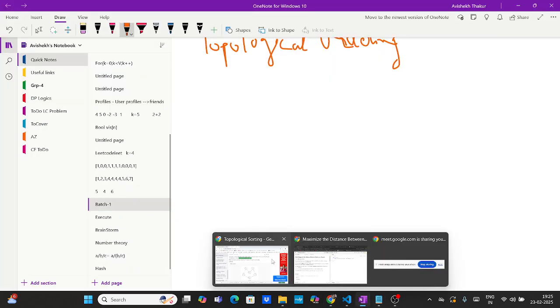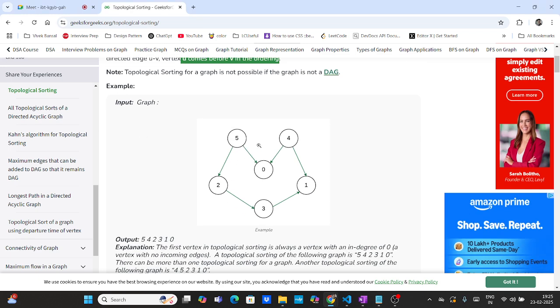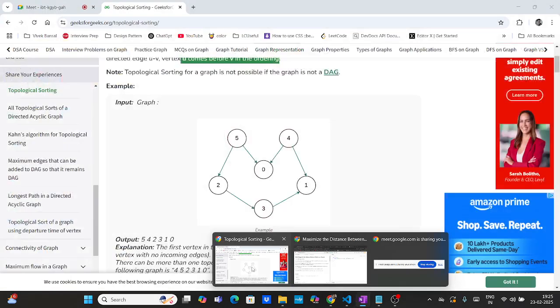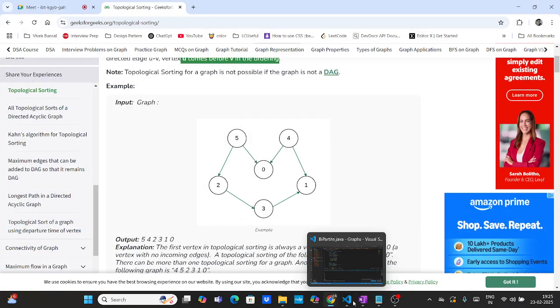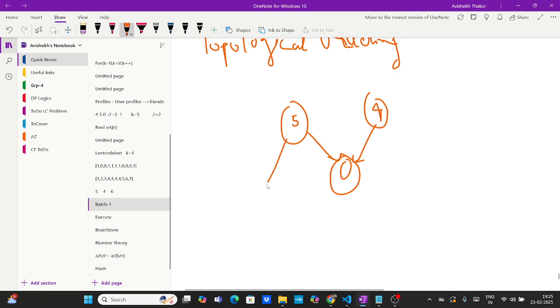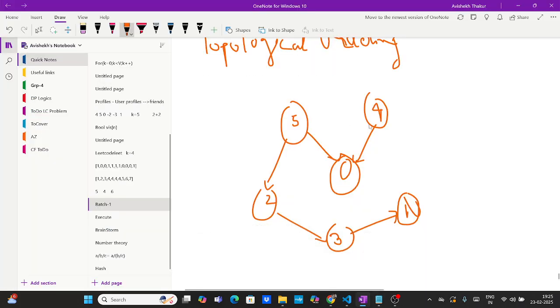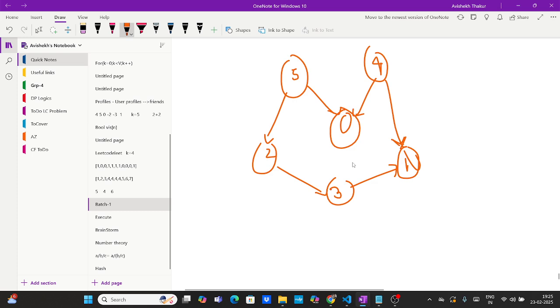Okay, let's take this. This is a good graph, we will take this as an example. 5, 0, 4, 2, 3, 1, and we have 4. Okay, now